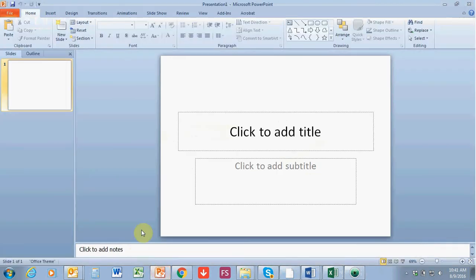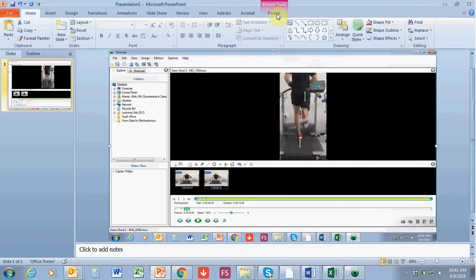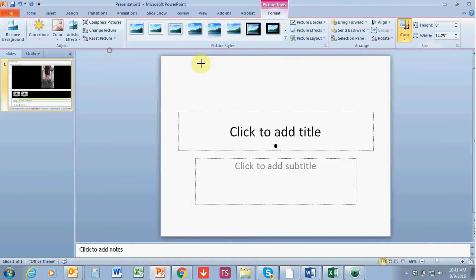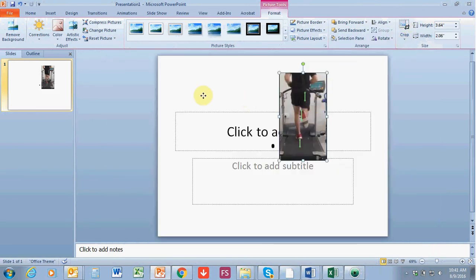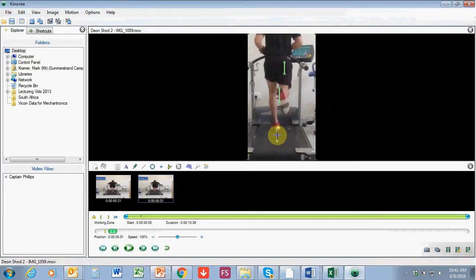And once it's up, I'll just press Control V. If it doesn't work, just press it again. Sometimes when you run it the first time, it doesn't quite want to. And then you can see the screen capture appears. I'm just going to crop it just so that I have the picture of interest. And I'll leave this here for now because I'm going to put that in my report a little bit later on. Okay, then I can go and delete these,